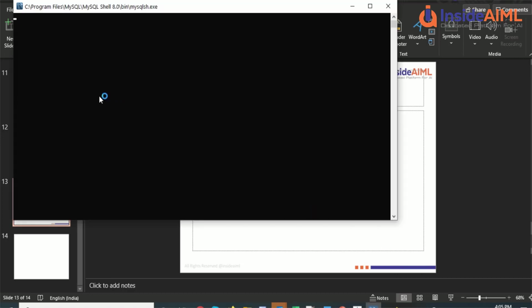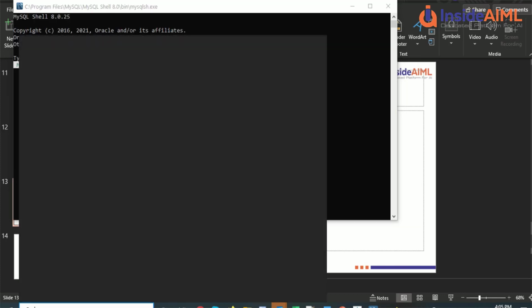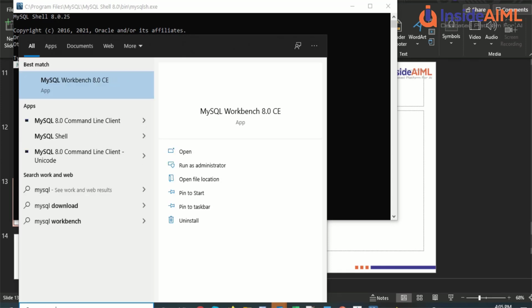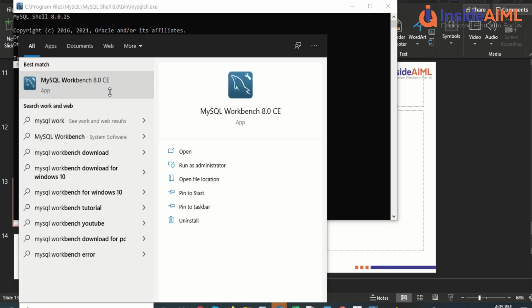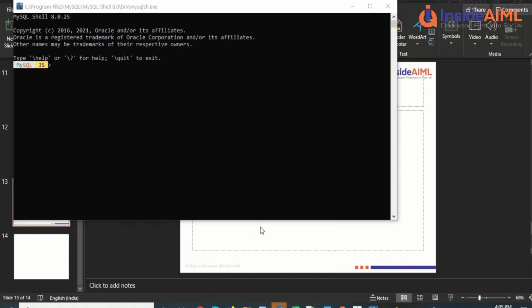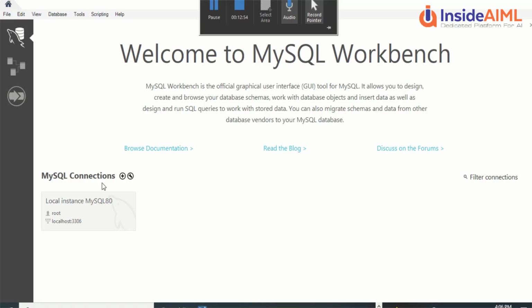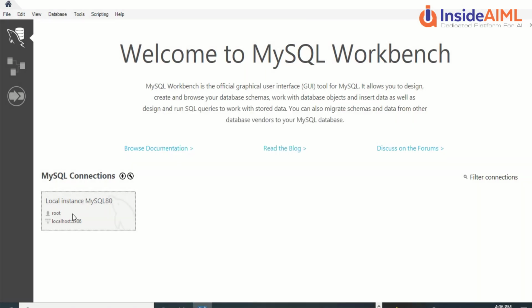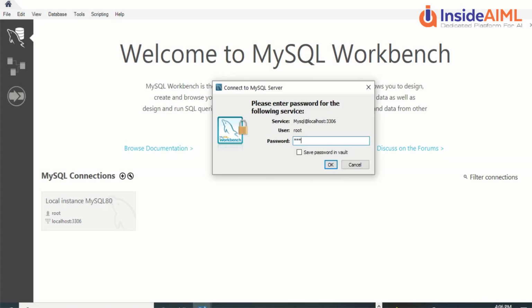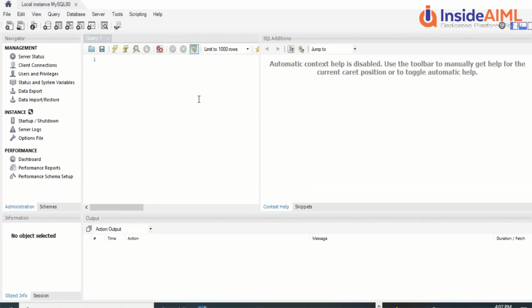And let me paste it somewhere and check it out. While it is starting some shell, we will be able to see the stuff. And we will also have to check, have we got MySQL Workbench. So we have got MySQL Workbench. Let's click on that. So MySQL Workbench is opened. We are seeing one connection here. Let's click on this. It's asking for the password. Let's give the password. And it has opened MySQL, where we will show you how to create tables and everything in the upcoming videos. So get ready with this and make sure that it is working.